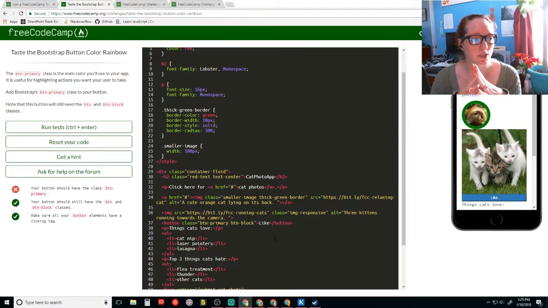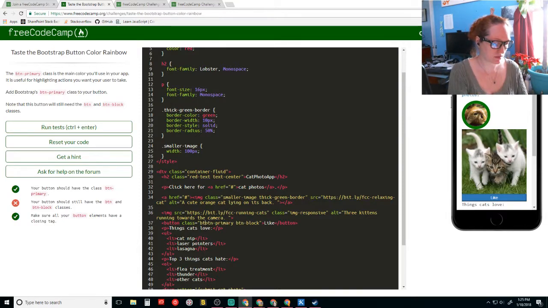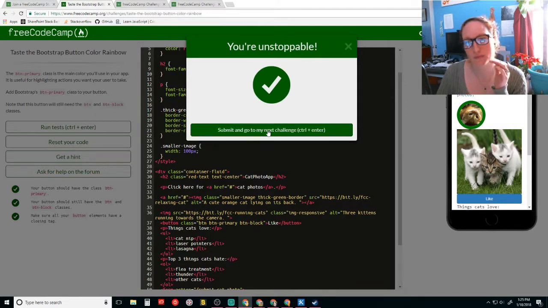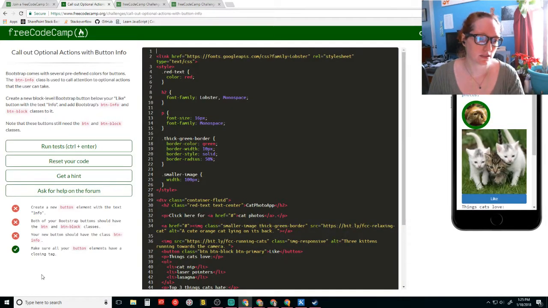Button primary button block. Oh, we didn't have the BTN as well. There we go. Yes, I am unstoppable!